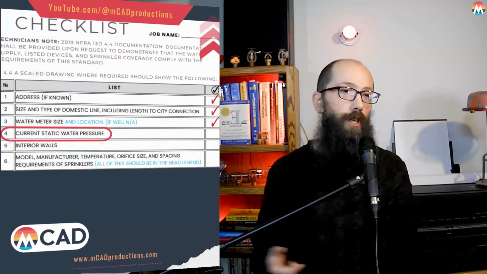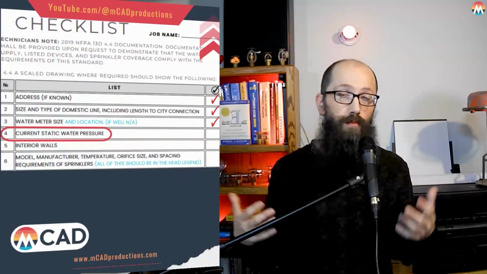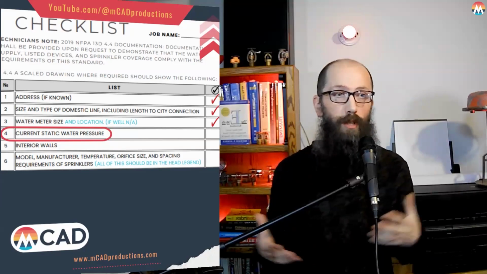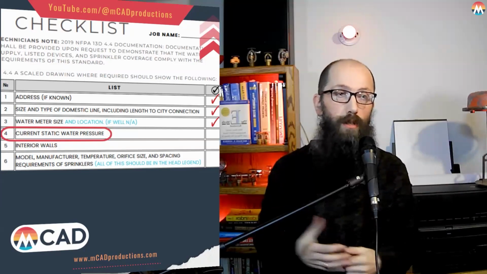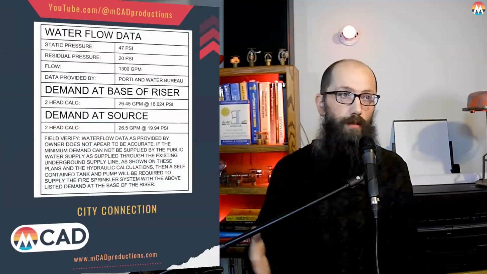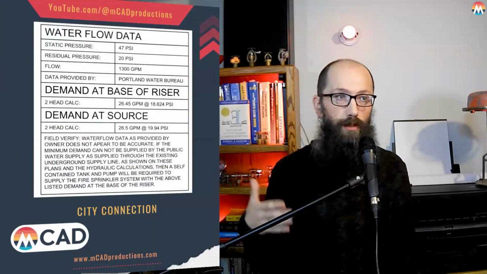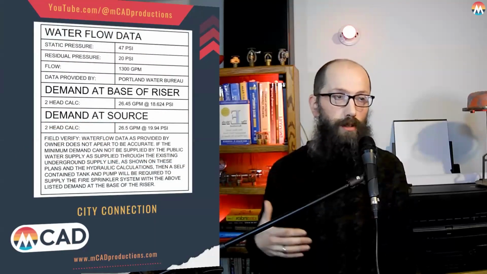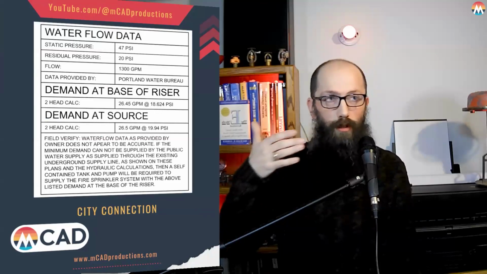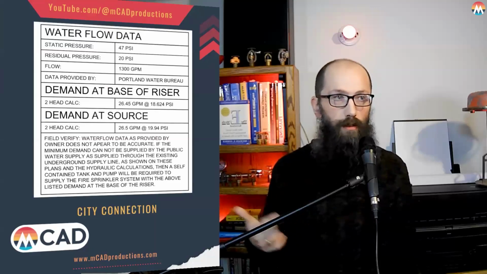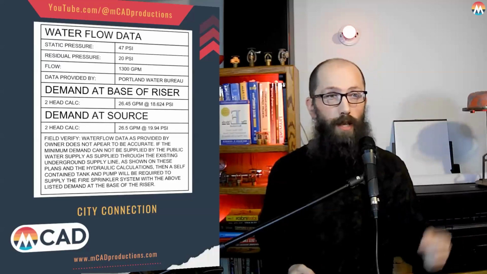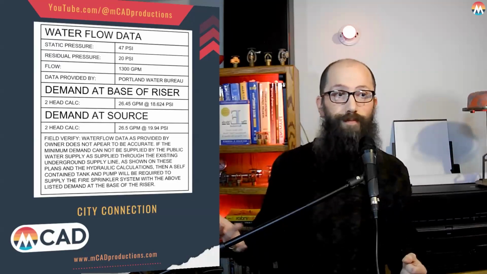And the next thing is current static water pressure. Now, we had some conversations about this the last couple of weeks. That's really all that's required in 13D. A lot of jurisdictions end up still wanting full water flow data. And so we have this set up for houses on water flow. So we would put the results from the water flow tests that the water jurisdiction gave us. We would calc based off of those, but we have this kind of disclaimer here that a lot of times